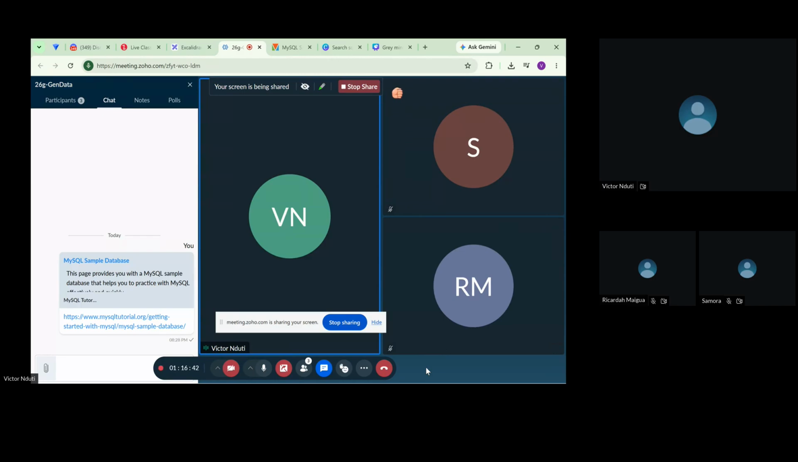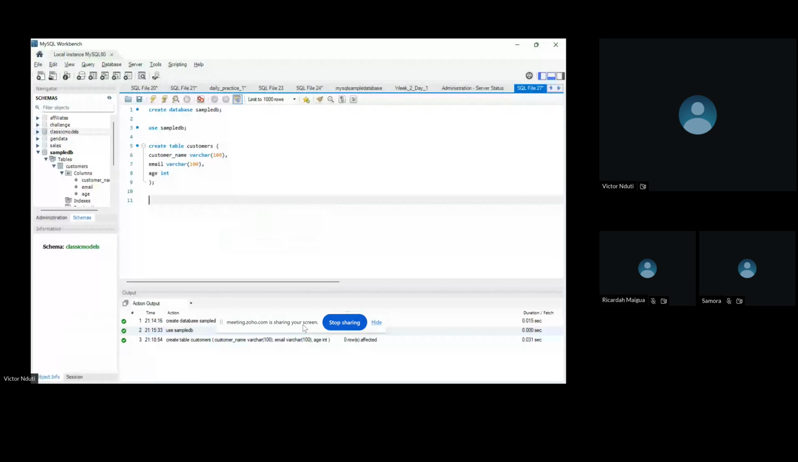Fantastic. So very quickly, it's starting very simple. We'll go through constraints tomorrow. What I want us to do is insert some data into this. The syntax of inserting data into a table is insert into, those are the keywords, followed by the name of the table that you want to insert data in. So insert into customers. And then in the parentheses here, you list